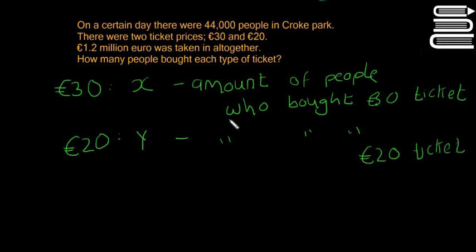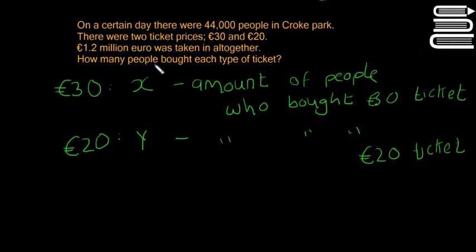Okay, so you're always going to have to pick two numbers and assign them variables. So the amount of people who bought the tickets are the numbers we're going to pick, and the variables we're going to assign them are x and y, okay? So the first thing we're going to say, since there were 44,000 people altogether, and there were only